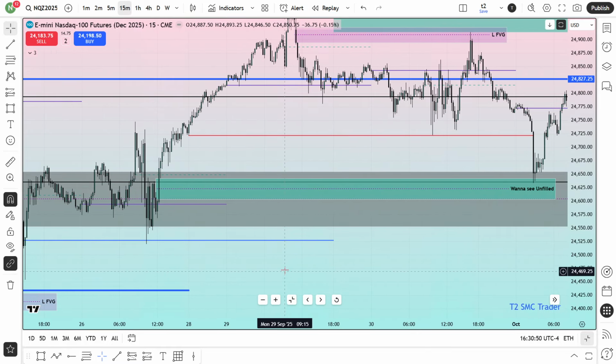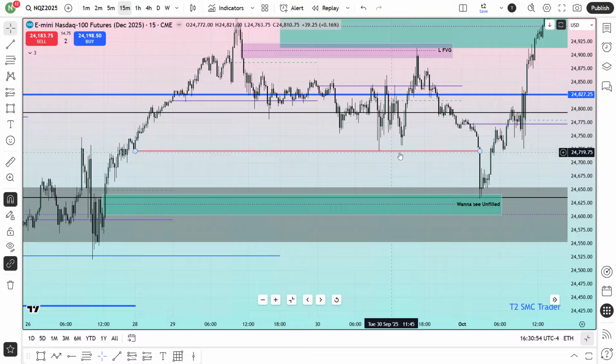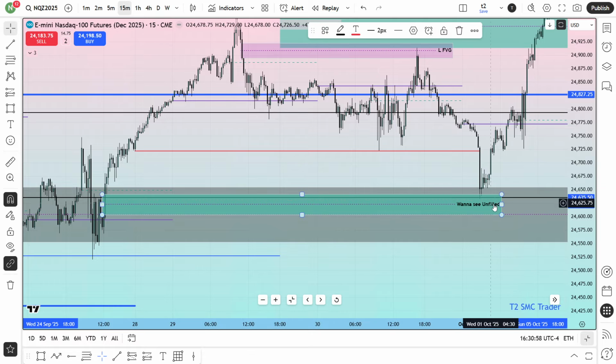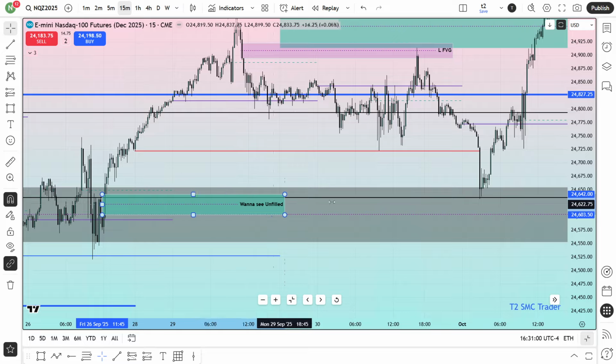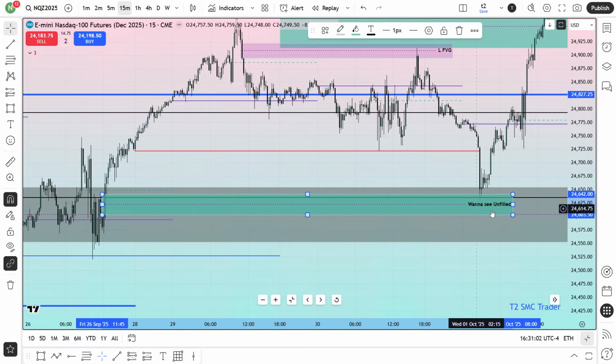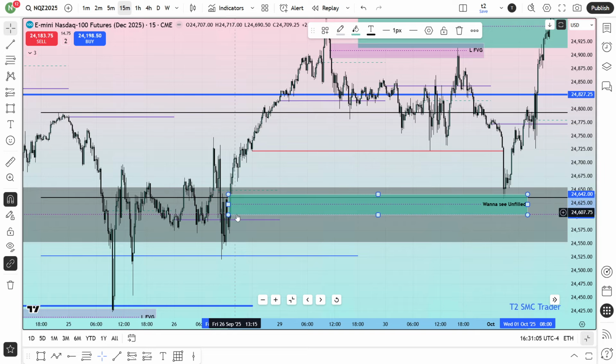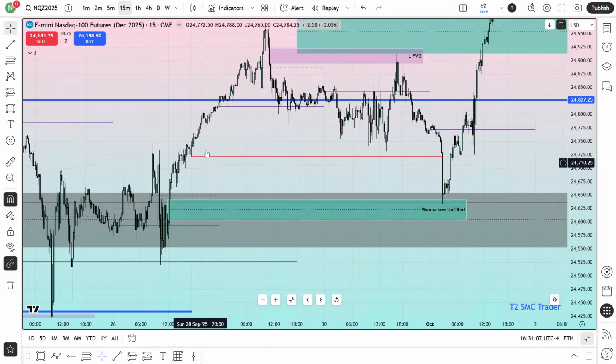Again, then I have shown you the rejection block, as well as the liquidity below. Rejection block. What do you see with that rejection block? Again, 15-minute last fair value gap, or the gap I want to see unfilled. By the way, this is also the last fair value gap. In that very specific leg, this is also the last fair value gap. But still, I would love to see it unfilled.